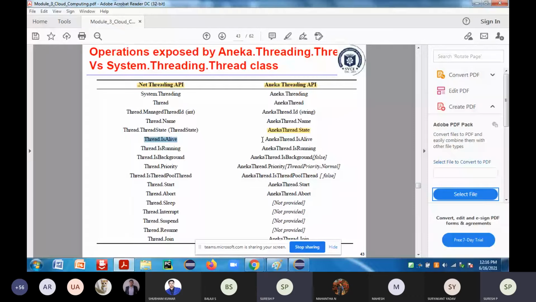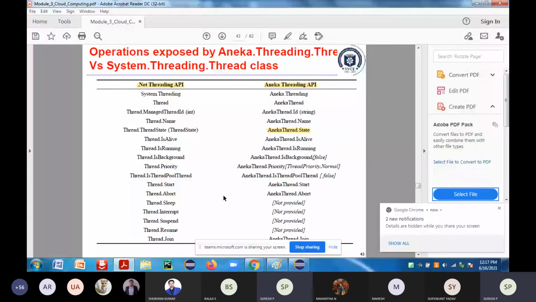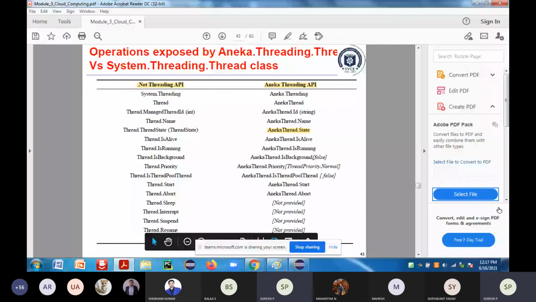Now you can see that wherever Thread is used in the .NET thread API, it has been replaced with AnekaThread. Here you have IsBackground false, thread pool thread, and Thread.Start. Here you have AnekaThread.Abort. Similarly, the Aneka threading API provides AnekaThread.Abort. So that's what it is going to have.